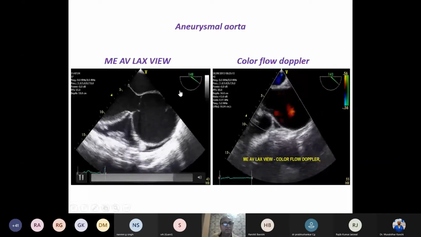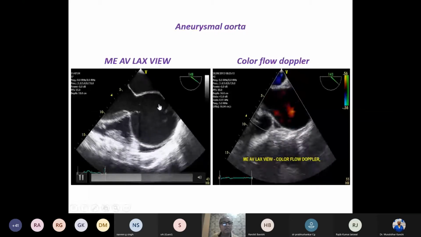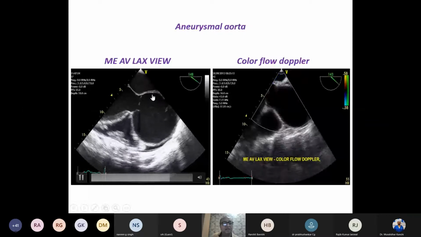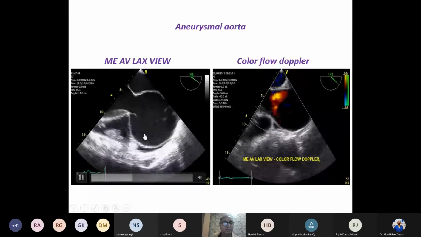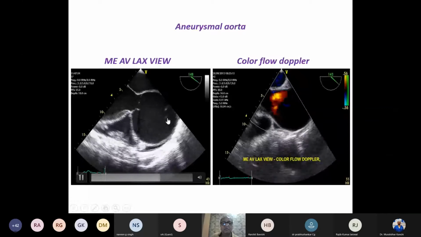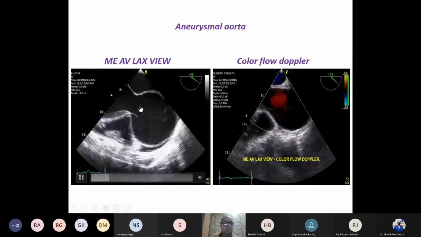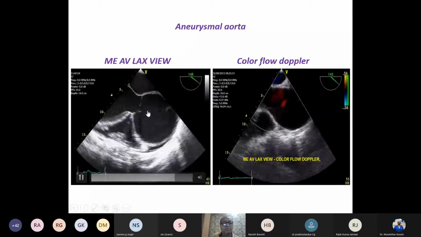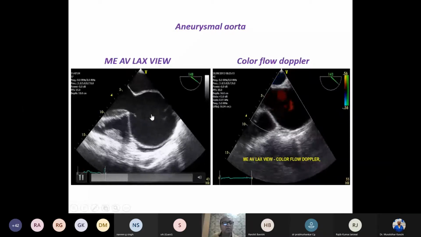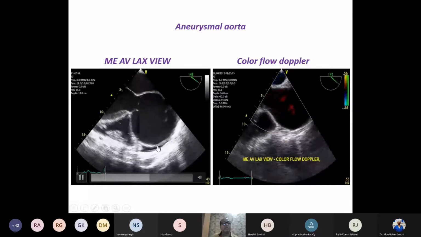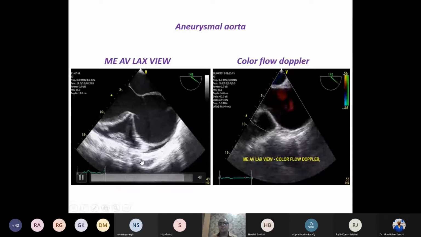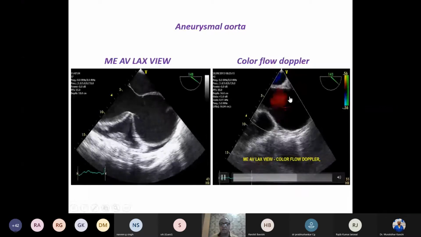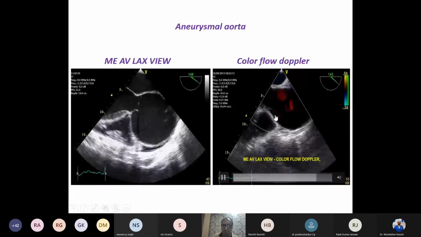If that is the situation, the whole thing is dilated, the aortic root is dilated, then we call it effacement of the aorta. This is the ideal case which goes in for a Bentall's procedure, because here there is definitely malcoaptation of the aortic leaflets. This patient will go in for a Bentall's, not a valve sparing one. A valved conduit has to be placed. This is an ideal case for a Bentall's procedure. Okay, and you can make out the color flow Doppler in the dilated ascending aorta.